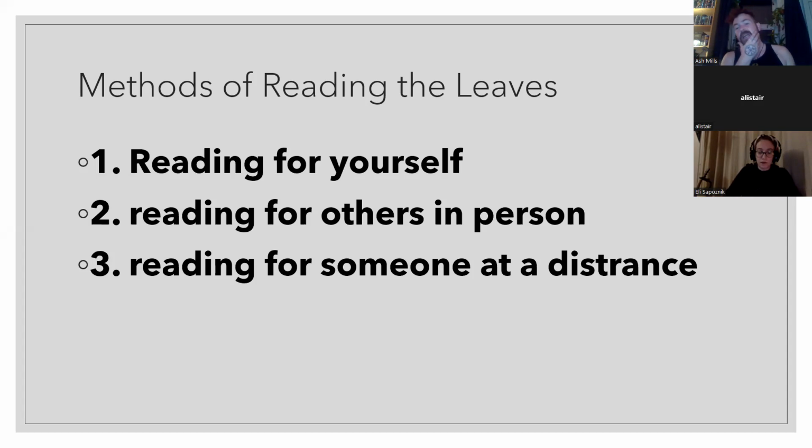and it has to be loose tea. It can't be tea bags, I'm afraid. Although someone once told me that you could. Someone said they could read tea from emptying the tea bags, but I never got a chance to ask him how to do it. But first of all, you'll need a teapot that doesn't have a filter